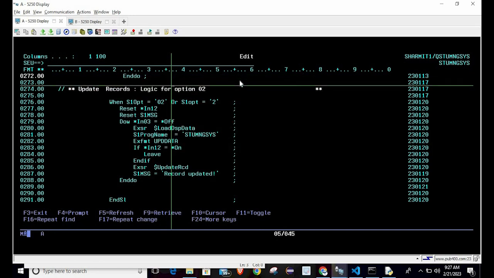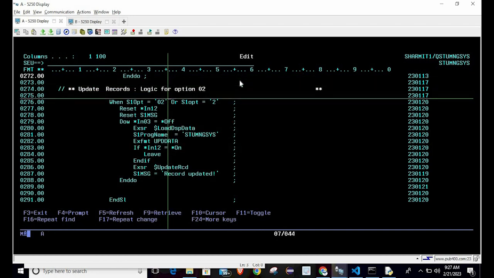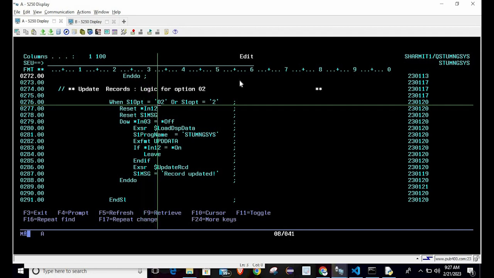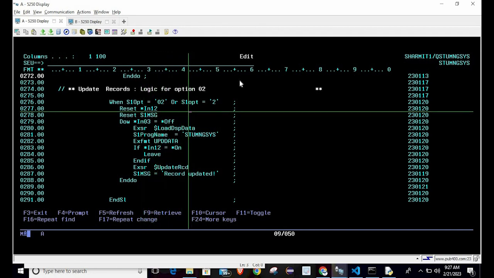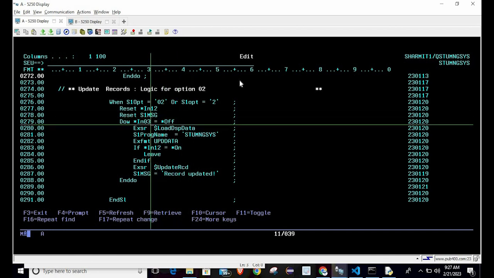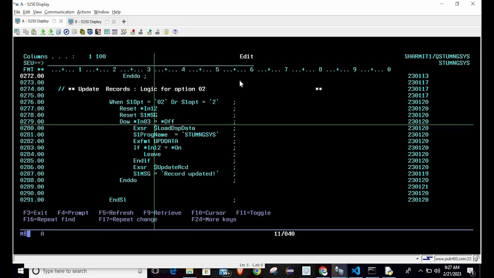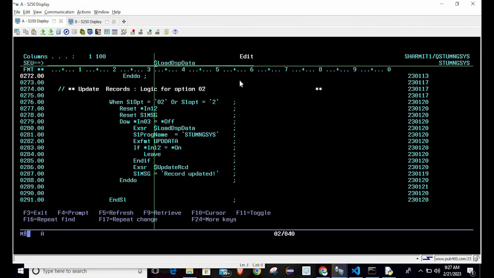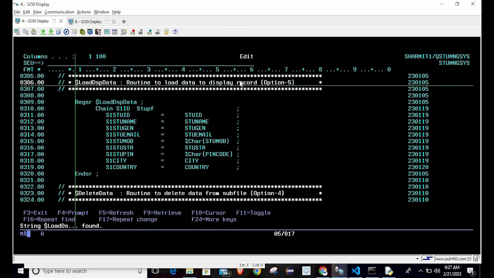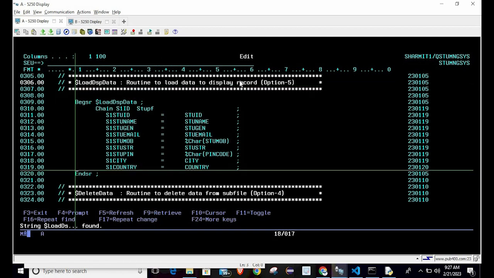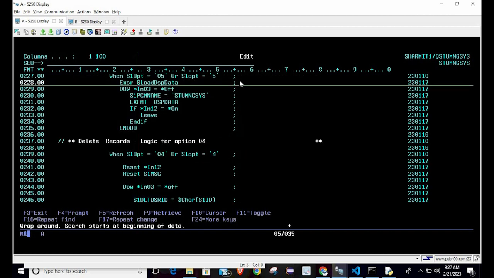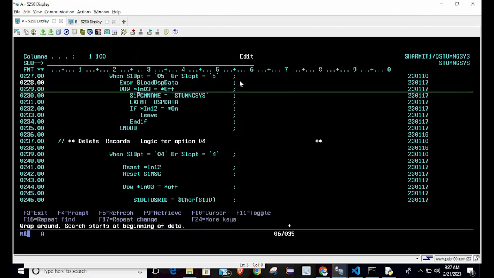Now the next option is option 2. If the user has taken option 2 for update, then we will check whether it is 02 or 2, both are correct, resetting the indicators, running the loop, and loading the data. Again we are loading the data with the same routine, which is load DSP data, because in display both things are same. So I just populate the fields again from the file by doing the chain, and then we are checking,